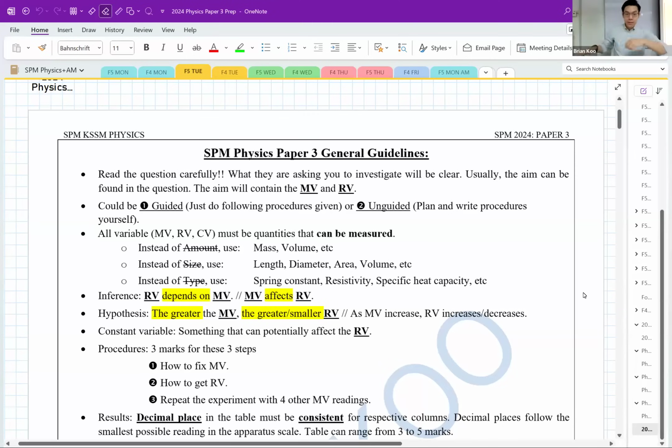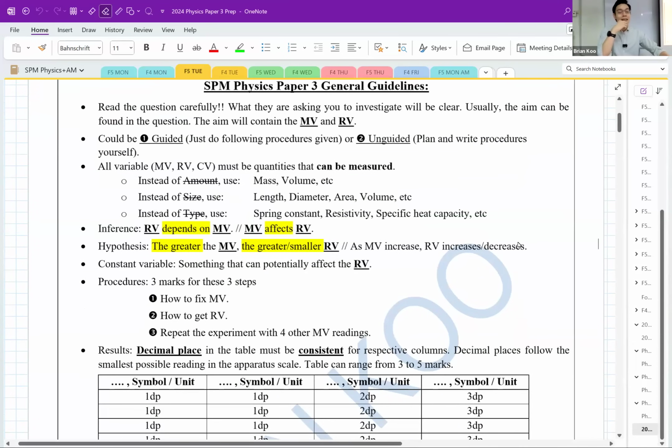Okay. We'll go through paper 3 first, and then whatever time we have left, we will do other stuff. But I do think you guys are luckier this year because I feel this year's paper 3 is easier, right? But you don't make careless mistakes, lah, right? Okay. So I will quickly go through the general guidelines first before I go through what I think you might want to focus on a little more.